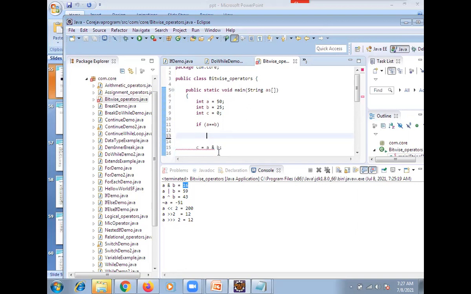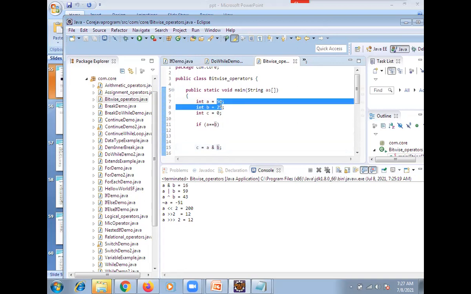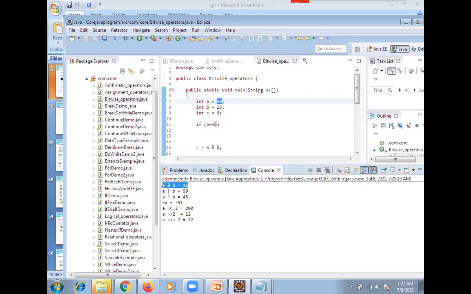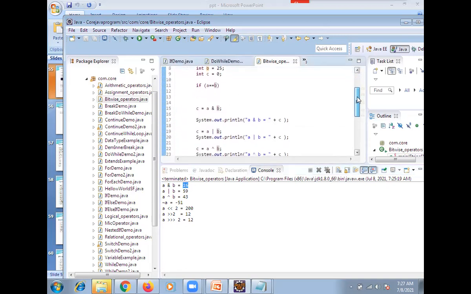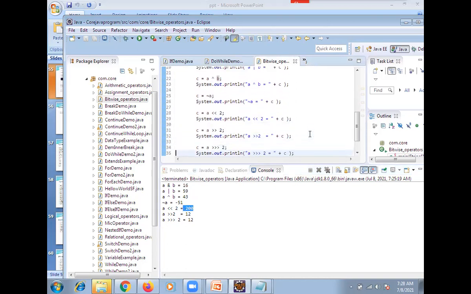Now you can see here A and B, right? C is printing A and B, so it is internally checking the bitwise operator. It will convert, so how is it storing in the backend? 50 plus 25, it is storing 16 bits. Clear? It is printing how this is stored in bits, how many bits it occupies to store the value. Clear, or any doubt? You can see it is internally checking how it performs the bitwise operator. You can see YouTube, then you will understand more on that.